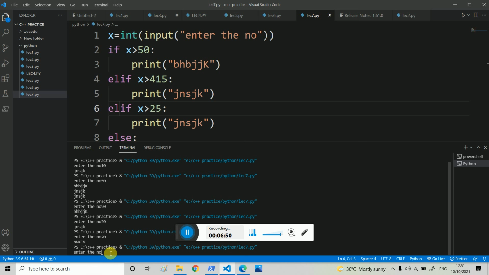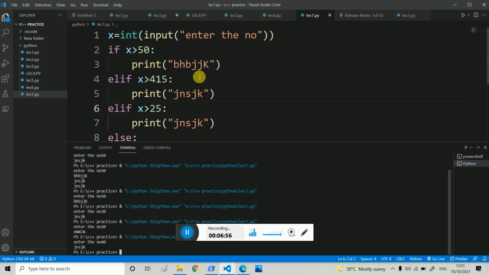Let's say I write here 40, enter. So I think you understand that 40 is greater than 25, so this will print. If I write here 60, 60 is greater than 50 and also greater than 25, but since if and else if statements are there, only one will be executed and the program will end. So if you are using if else if statements, only one statement will be executed and the program is over.